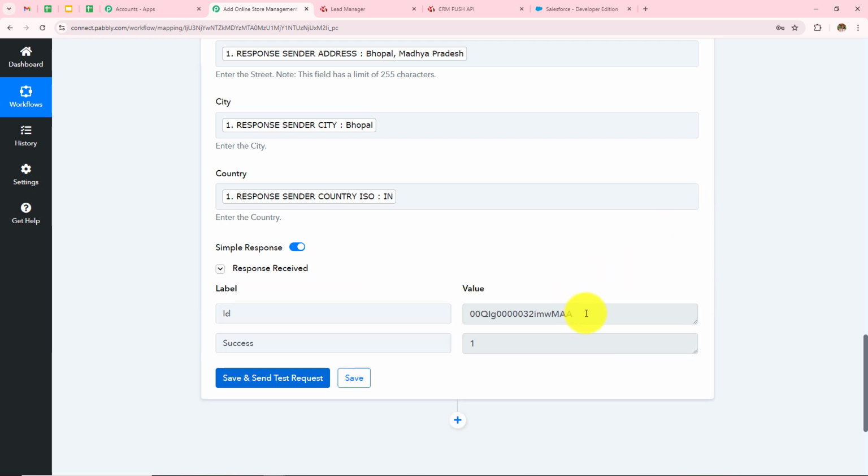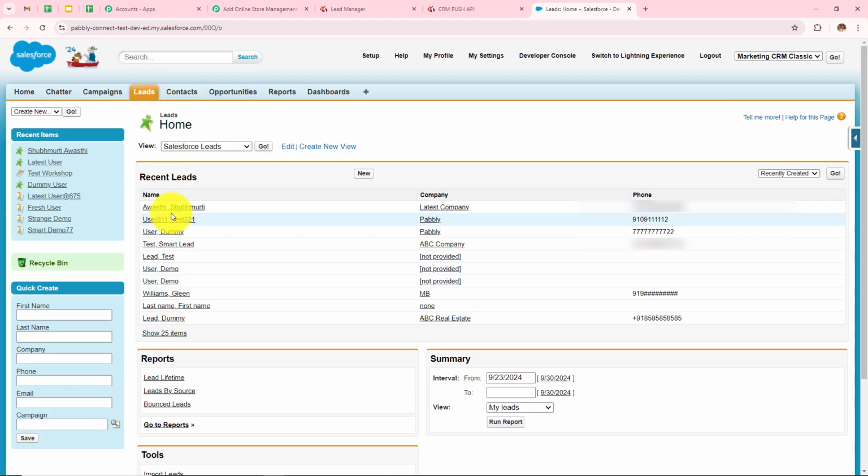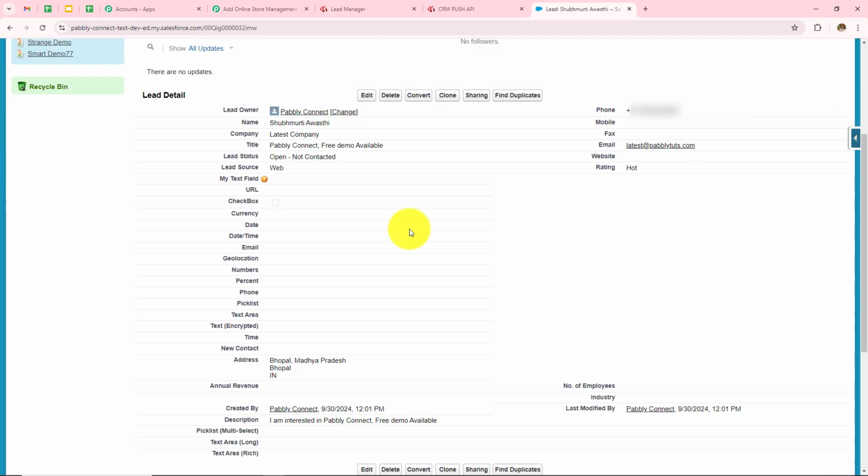And here I can see I have received the response with the ID of the lead and the status is success. Now I need to open my Salesforce and check whether the same lead and the query has been added there or not. So this is my dashboard of Salesforce, and on the top I can see all these options. Here I need to click on this leads, and then I can see that this name has been added as my new lead instantly. Now let's open this. So here we can see all the details that we have added.